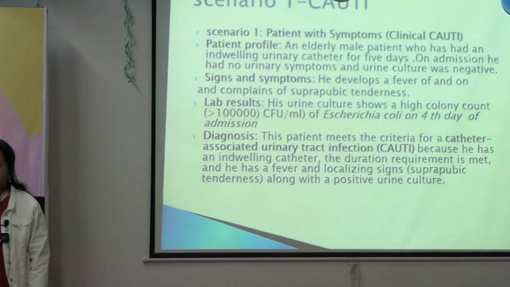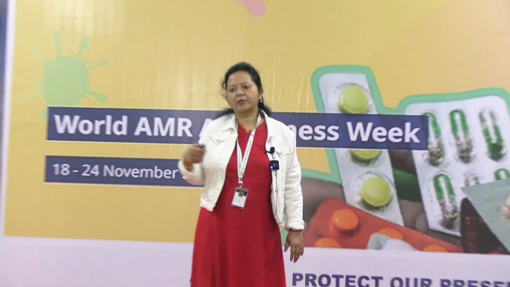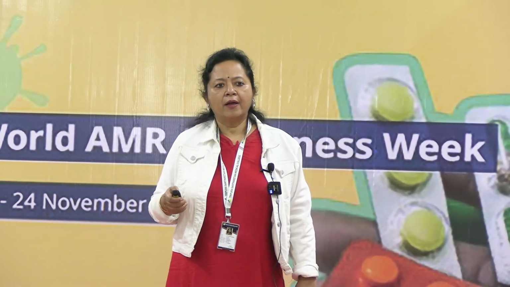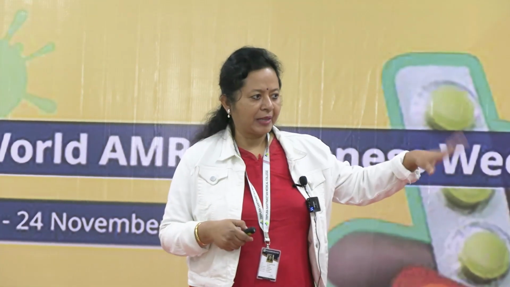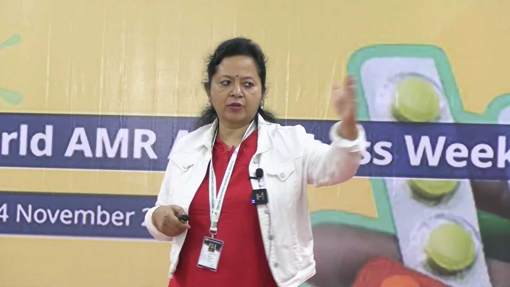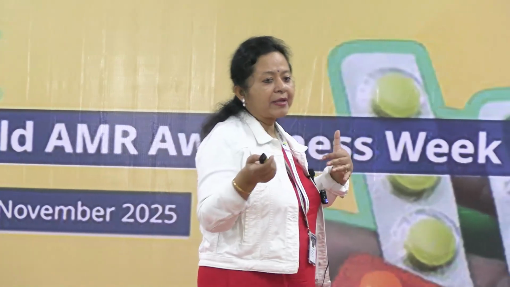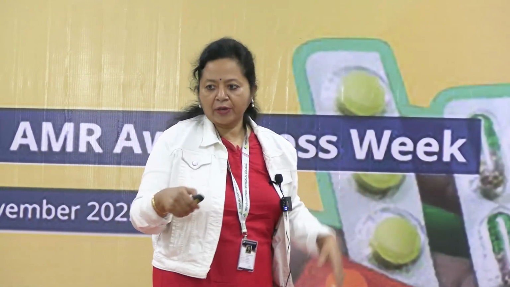Get it? This is one scenario I wanted to make you understand where now we stamp this patient as a catheter associated urinary tract infection. Then we have to do RCA and CAPA, like root cause analysis of any incident that is happening like this. We have to do the root cause analysis. We have to find out what was wrong individually, with the nurses, with the doctors, with the patient, where we went wrong, so that we can, and CAPA is corrective action. What corrective actions we can take, okay?